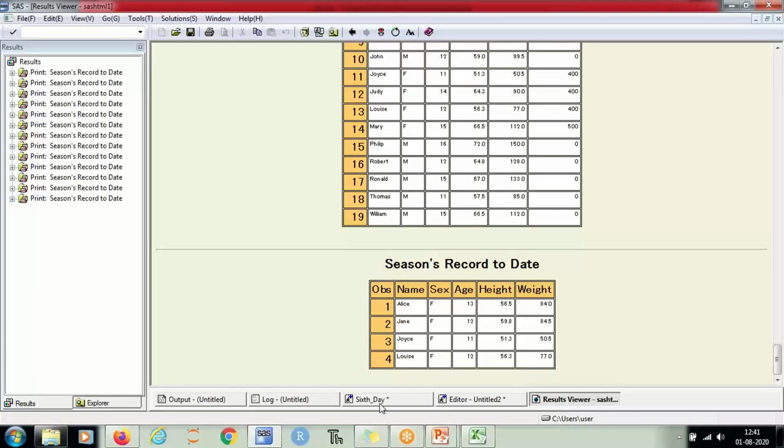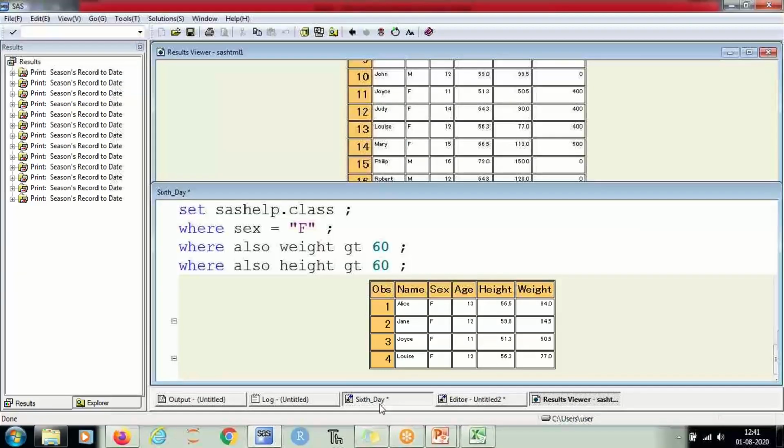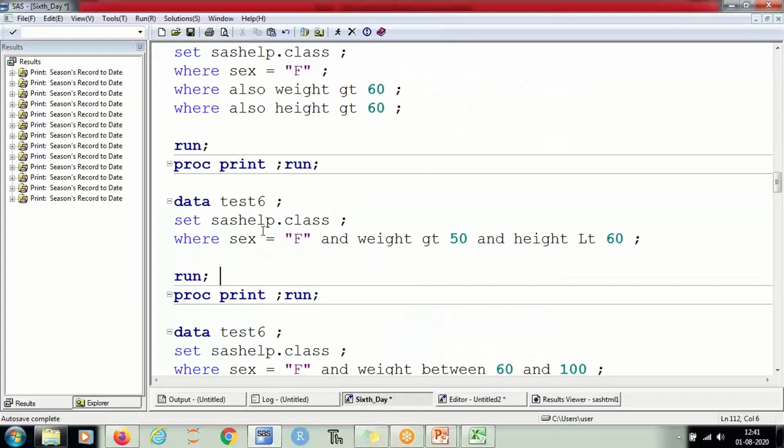You can write with if. There is hardly any difference. You will see the outputs are the same.